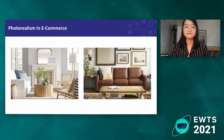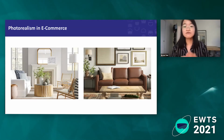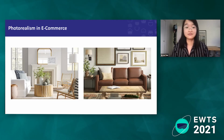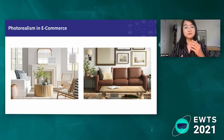studio setups. Previously, for scenes like you see in these 2 lifestyle images here, you'd have a photo studio and all of the pieces of furniture would have to be shipped to and assembled at the photo studio location. From there, a host of experts might be there to light the scene, arrange the furniture, and capture the shot in person. But instead of these traditional setups, which can be expensive as you might expect, e-commerce companies like Wayfair